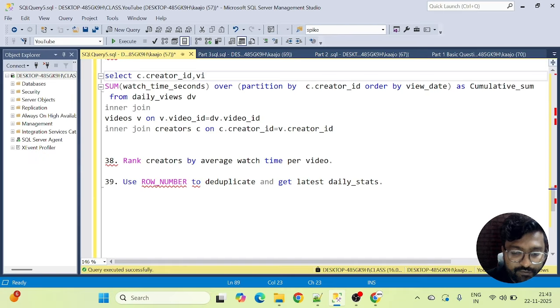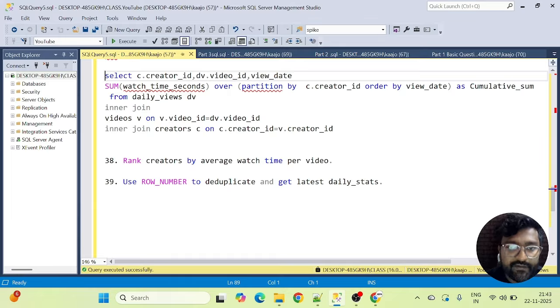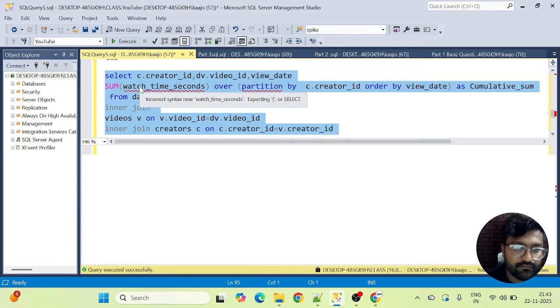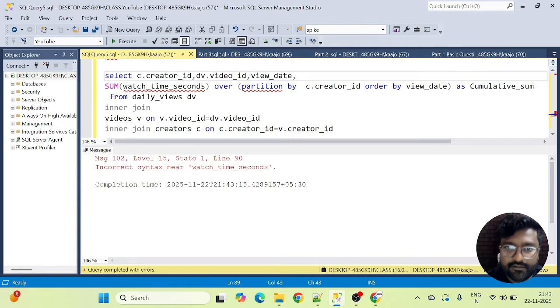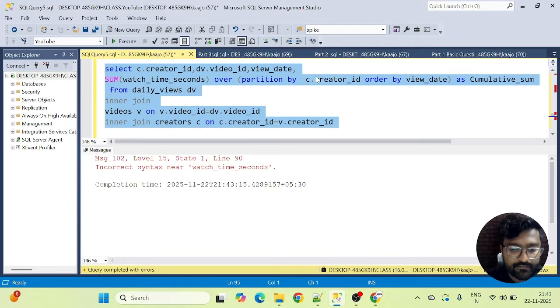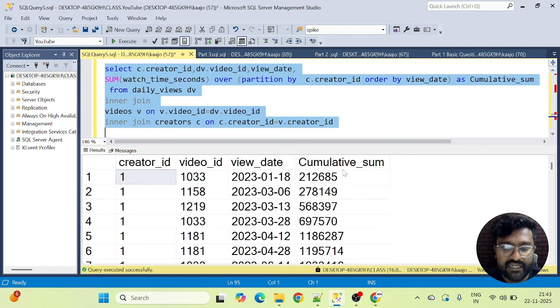We also need view date, right? And we also need video ID. You can take it from DV table. Okay, incorrect syntax. I missed this comma here. Right, so this is working.